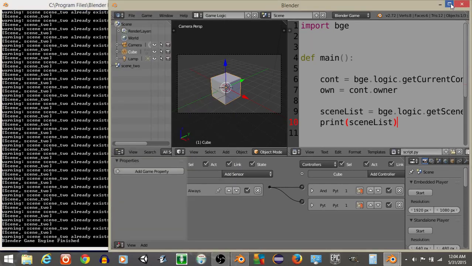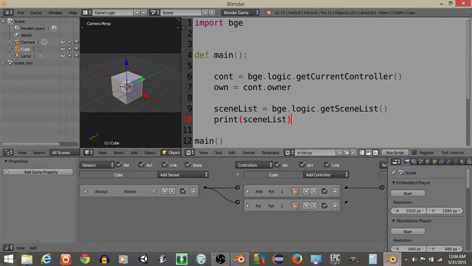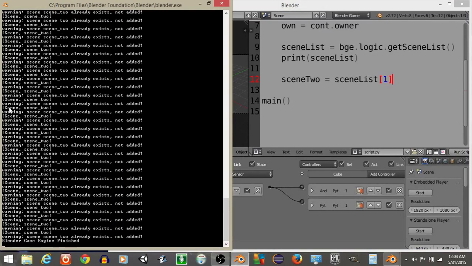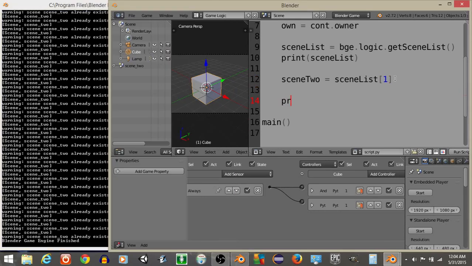So to edit another object from another scene, what you need to do is create a new variable that's going to be pretty much our other scene. So I'm going to have a variable called scene2 equal to scene list, not i, but 1. And the reason why I'm putting a 1 is that this list right here is a list of our scenes, so this first scene is going to be indicated as 0, the second one is going to be indicated as 1, because lists start off at number 0. Alright, and what I'm going to do is print